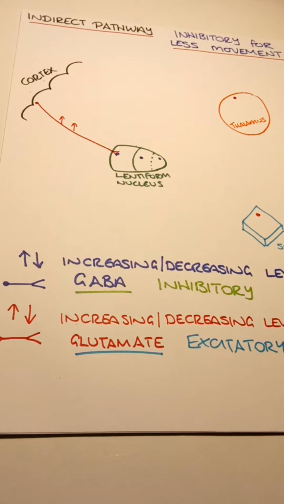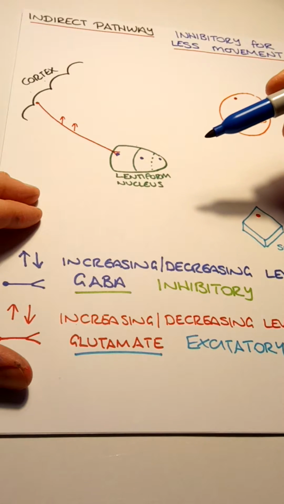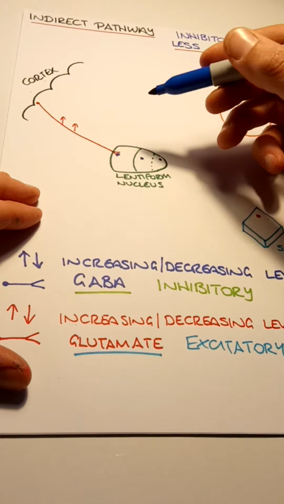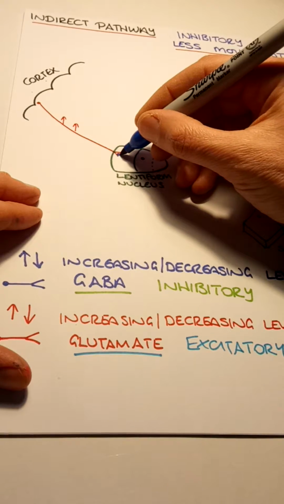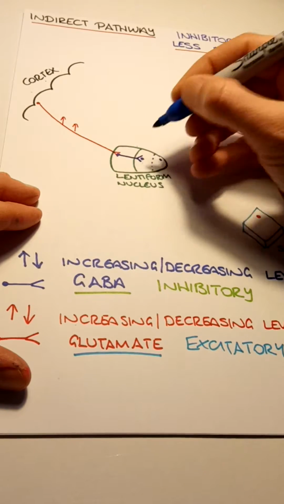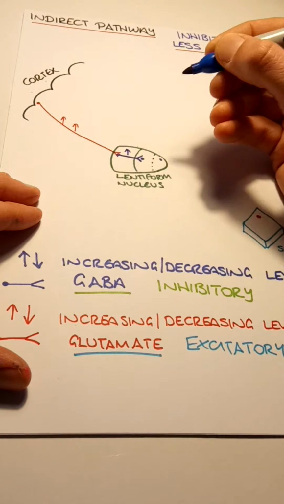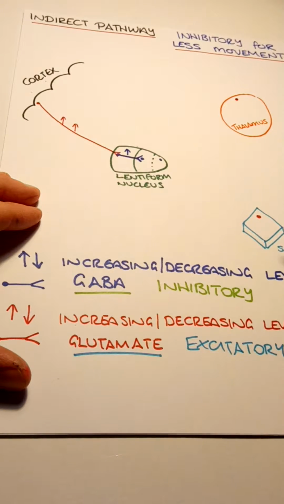And then the next neuron is an inhibitory GABA releasing neuron. So if that's excitatory, it's going to excite the next one. So the next one is going to release increased levels of GABA, so increased levels of an inhibitory